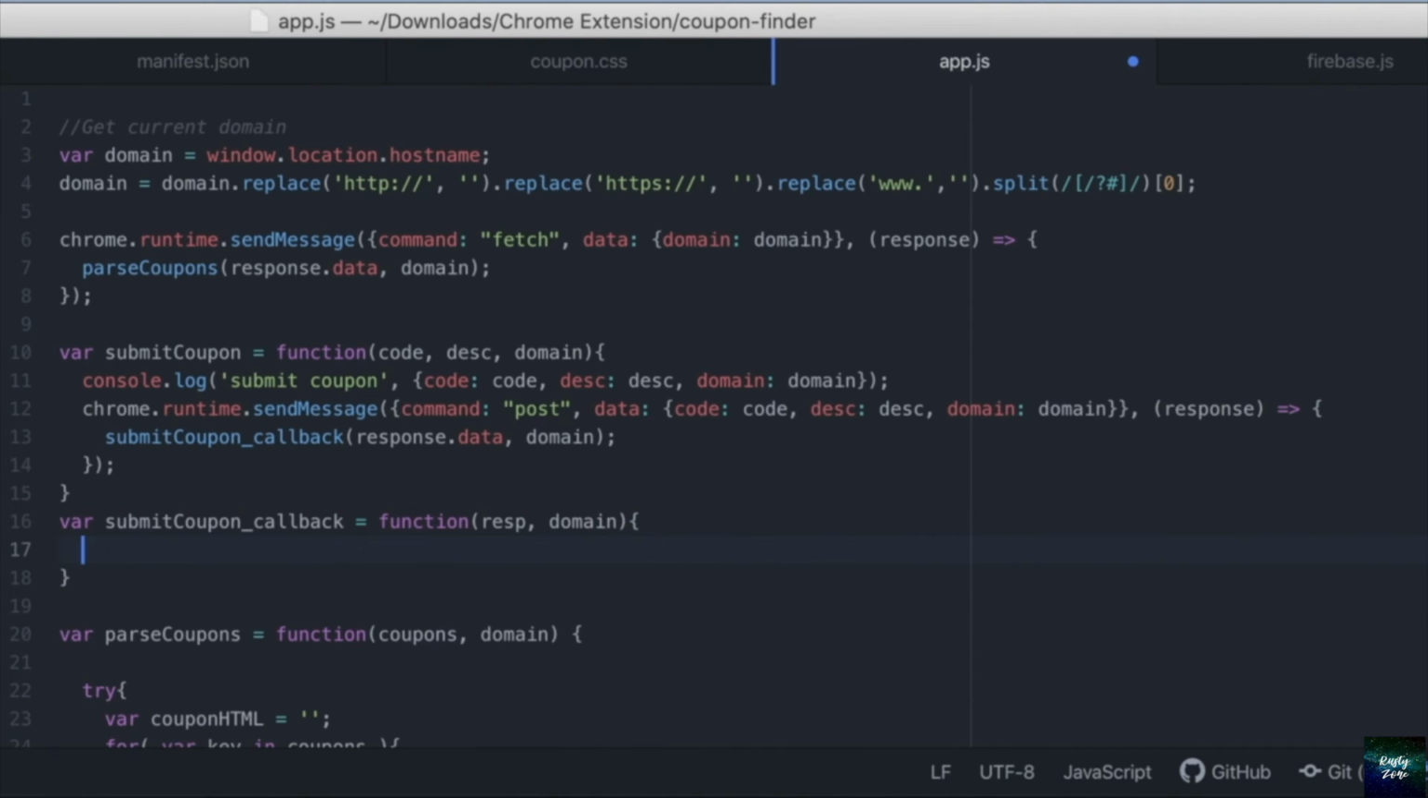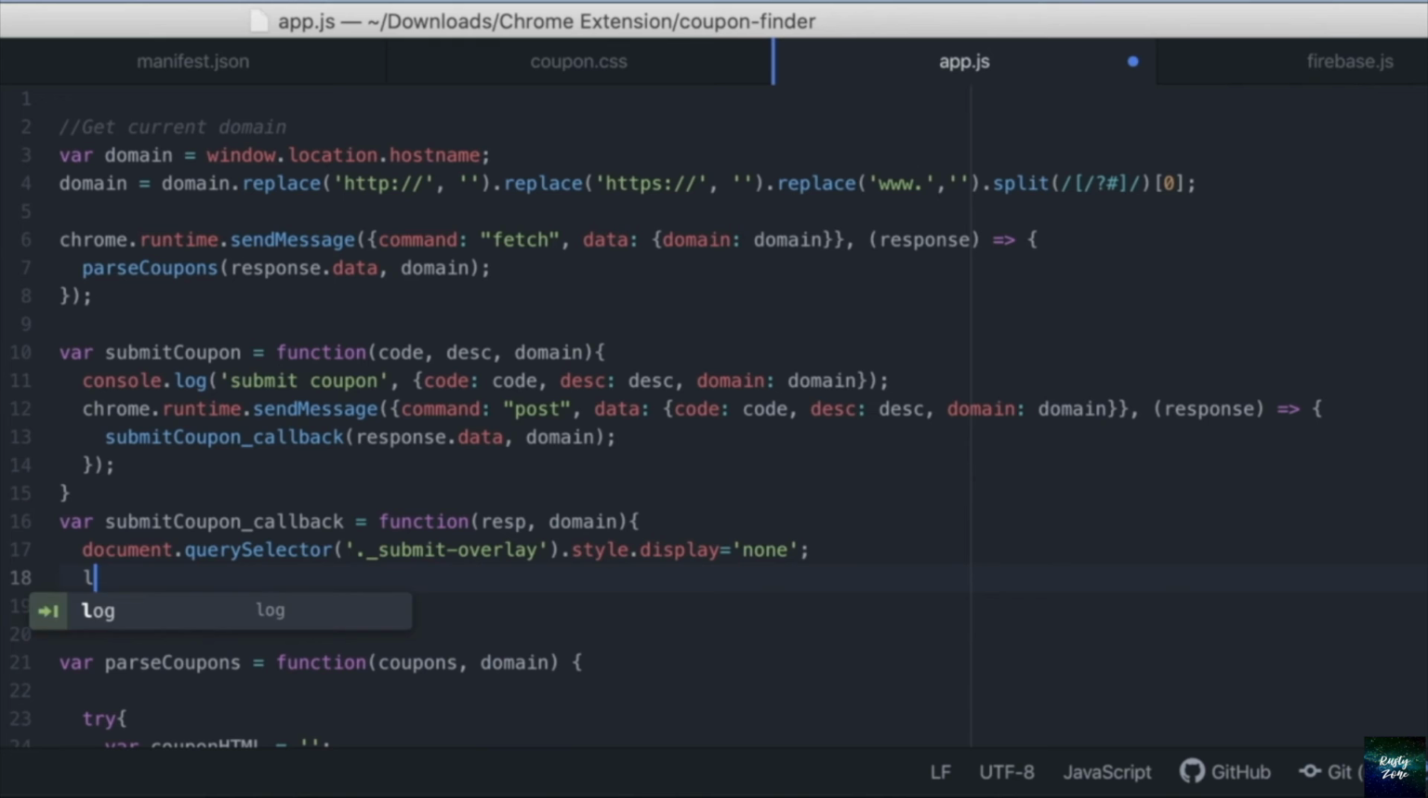And then from here, all we want to do is hide the overlay. So that again will be query selector, and I want to get submit overlay, and then we'll say again the style display is none. And we'll just alert to the screen for now and say coupon submitted. Just give a little bit of feedback,